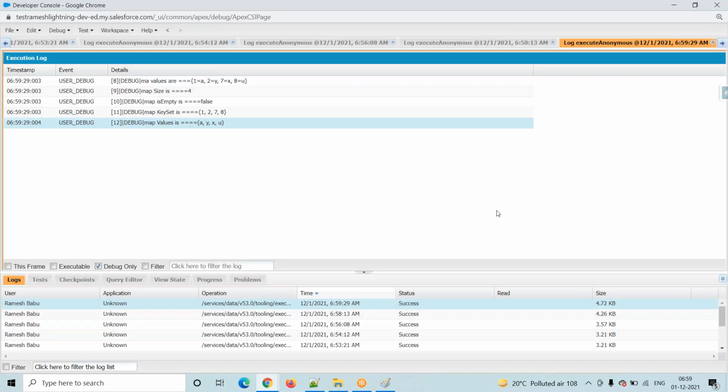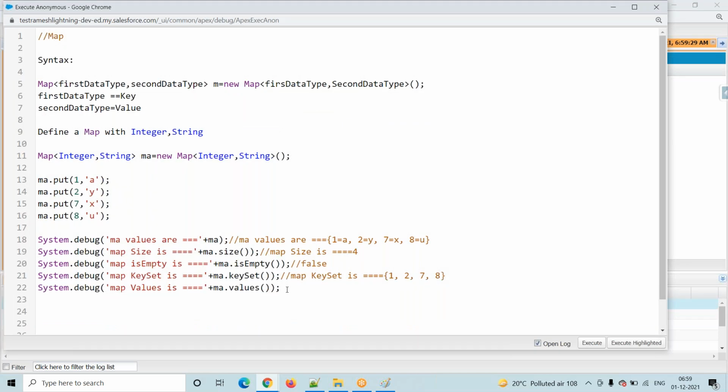When we will use keySet and when we will use values, forget about that for now. We have to remember: suppose I ask you to get all the keys from the map, then we are in a position to write map.keySet. Now if I ask you to get all the values from the map, we are in a position to write map.values. By using the values method we have to fetch all the values. Why do we have to fetch? What is the purpose? We'll discuss going forward.